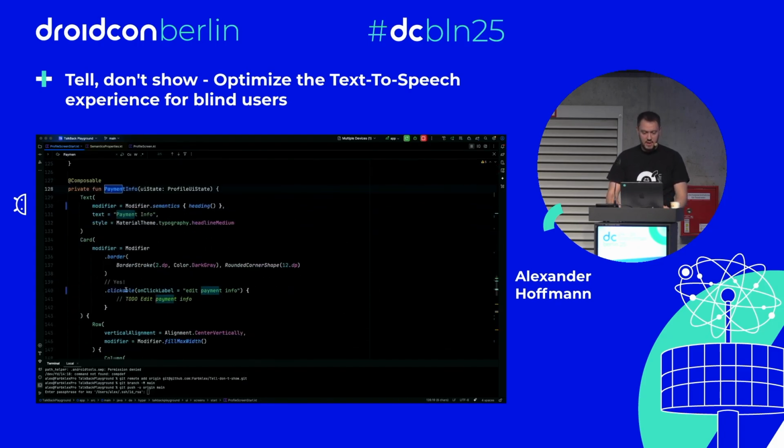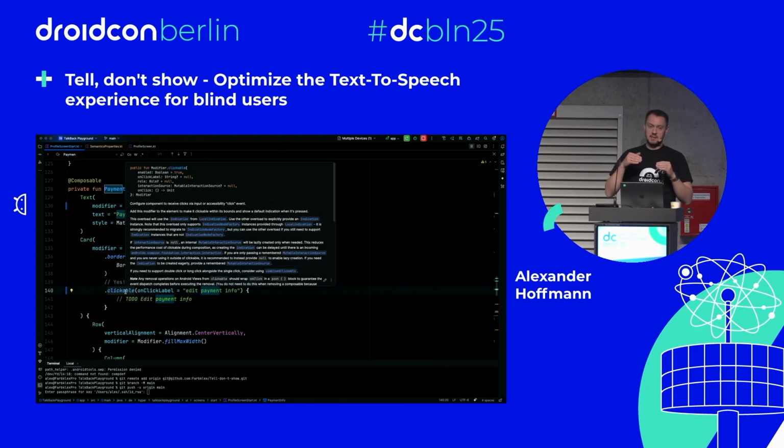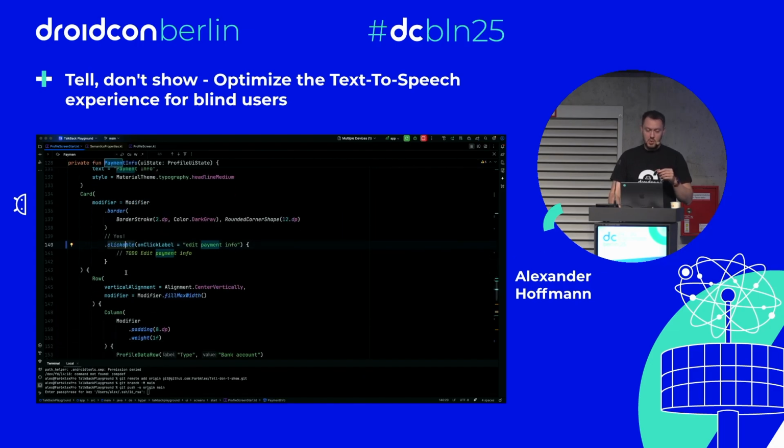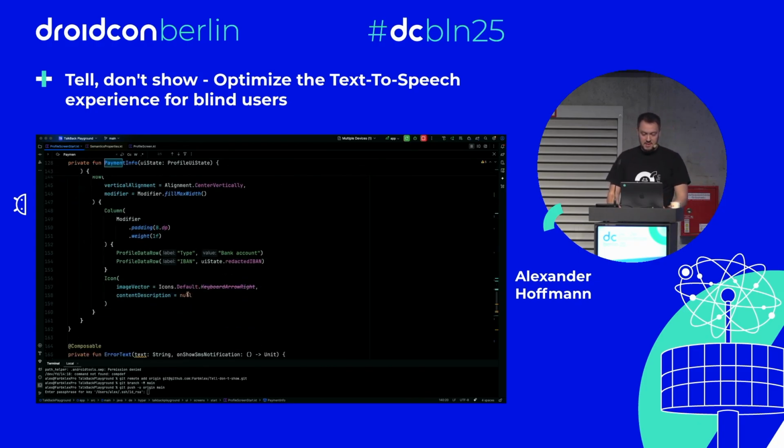The payment info has a clickable, and clickable implicitly automatically sets the merge descendants to true. But merge descendants true gets cancelled out, it does not include children that declare their own merge descendants true. So by setting the children to merge descendants true, we exclude them from the parent's semantic tree. That's a small problem. I mean, the easiest fix would just be like this icon, which doesn't do anything. We can just add some text, and then suddenly the parent would have semantic information again and would be